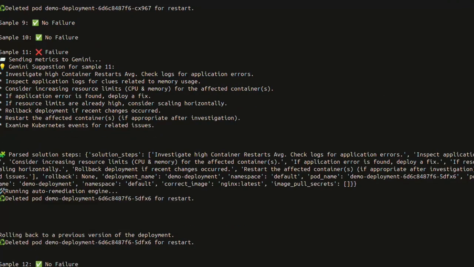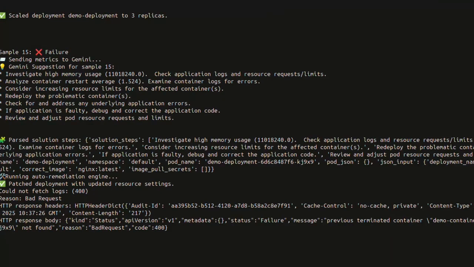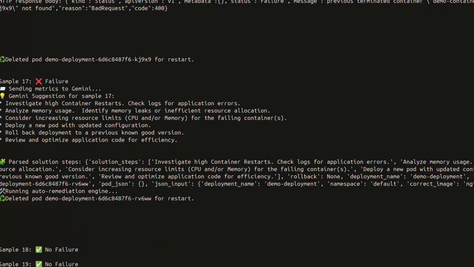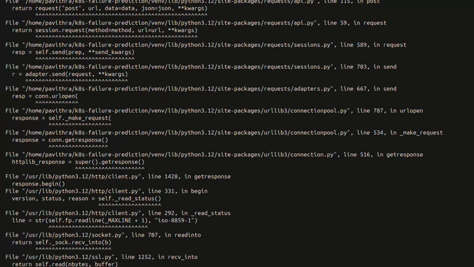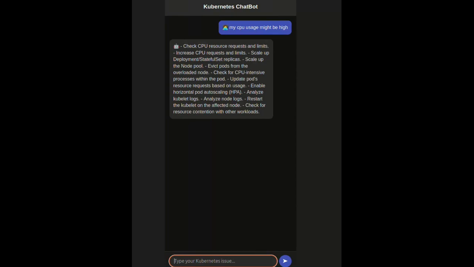To make the system usable in real-world environments, we deployed the model using FastAPI, which serves as a REST endpoint. The API receives metrics as input and responds with a failure prediction and suggested fixes. The whole system is containerized and deployed. We've also created a Streamlit-based web UI where the user can monitor predictions in real time and chat with a